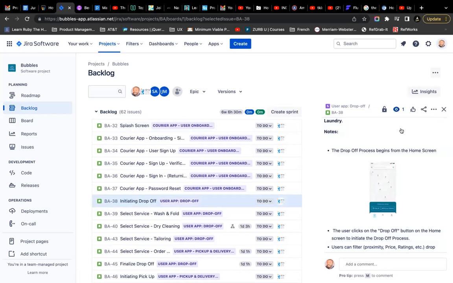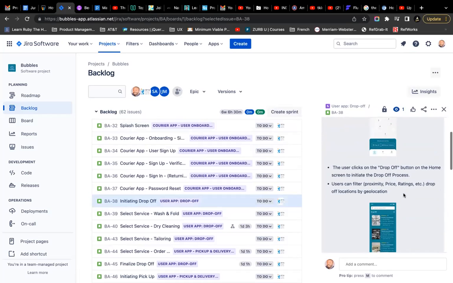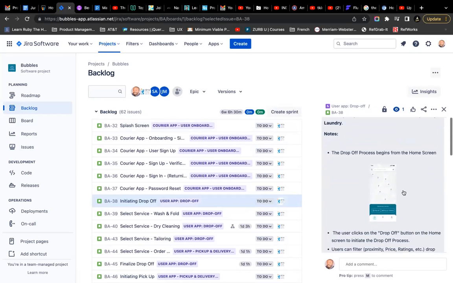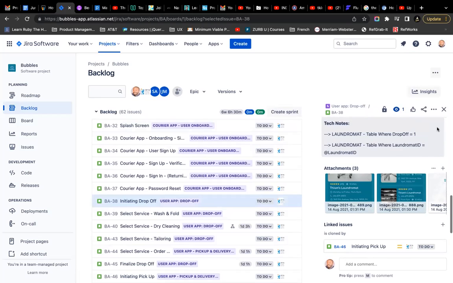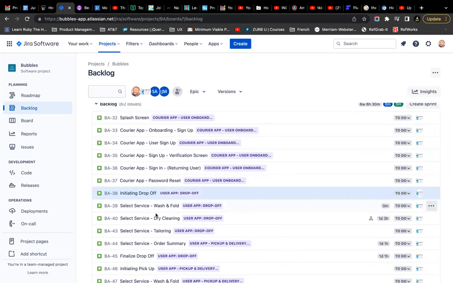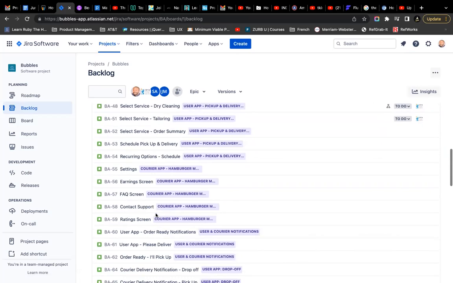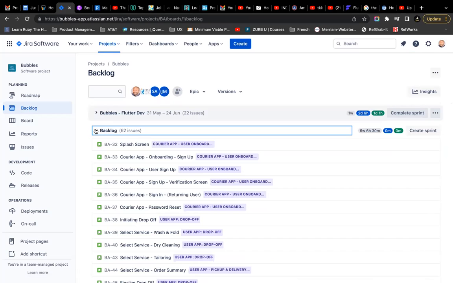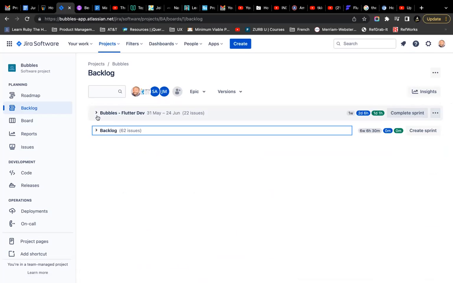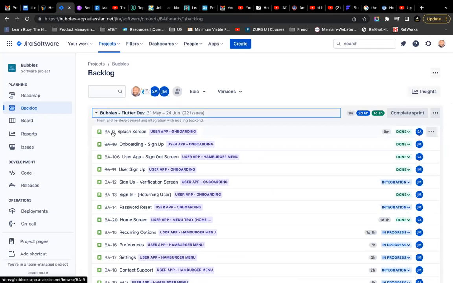I don't want to go through the whole process, but all of these processes are captured here in the backlog. And you, as a product manager, need to know and prioritize which ones should be built, in what order, what should be built next, or which ones are not important. Currently, these are still in the backlog, and these are the ones being worked on. If you see a strike through it, that means it is done. As you can see, the status here says done. Can you see it?